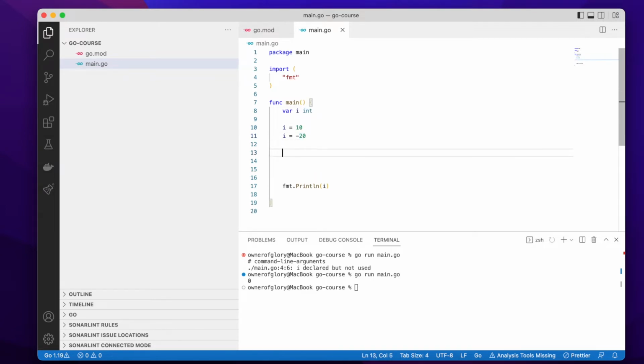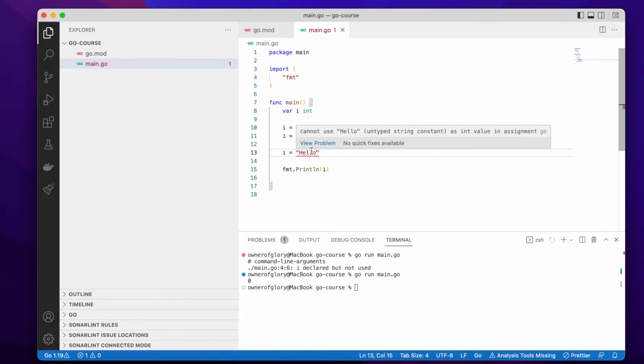Because, for example, if I try to assign it a string literal and say hello, it will complain because hello is a string literal and my variable is an integer variable and it can only hold integer values. This happens because Golang is a statically typed language, not dynamically typed,